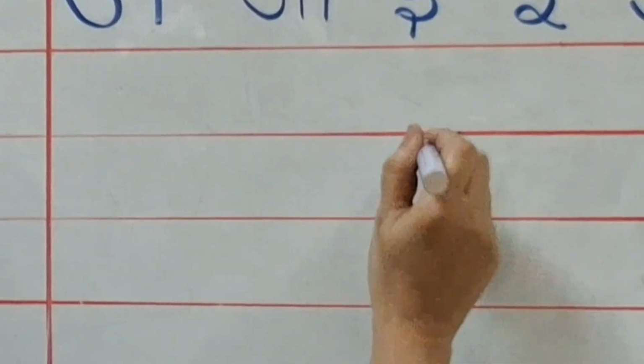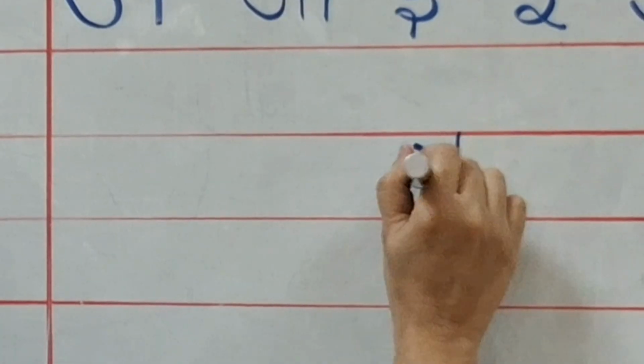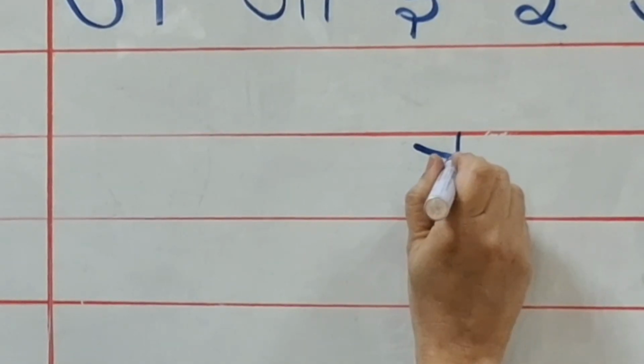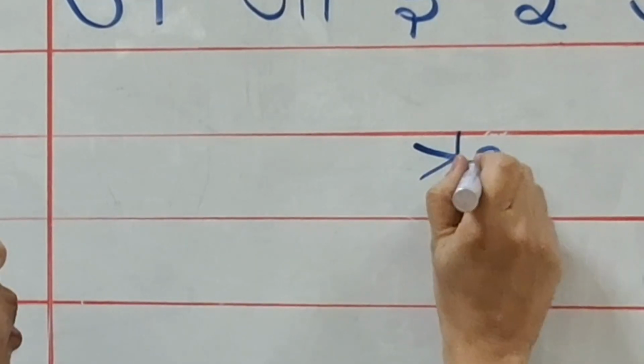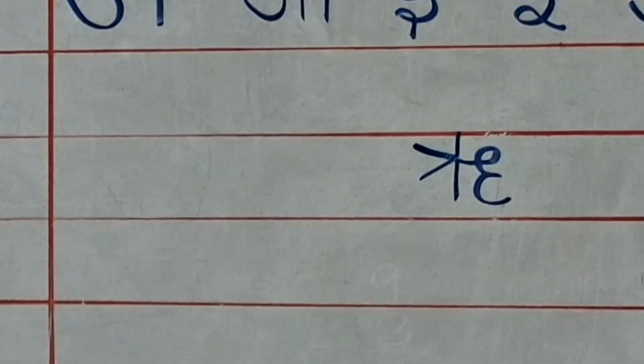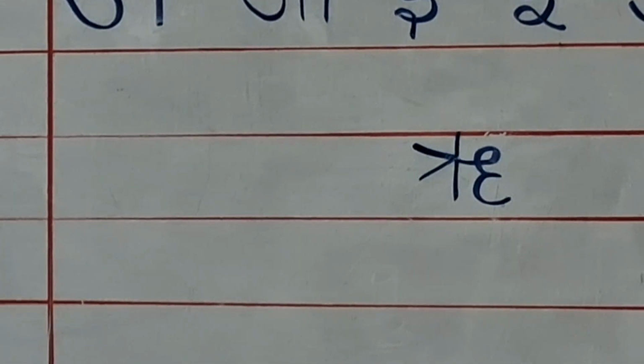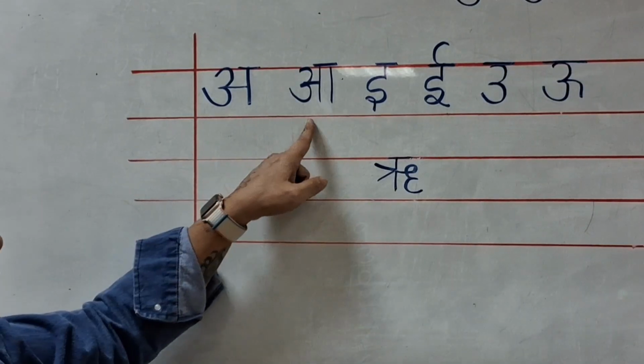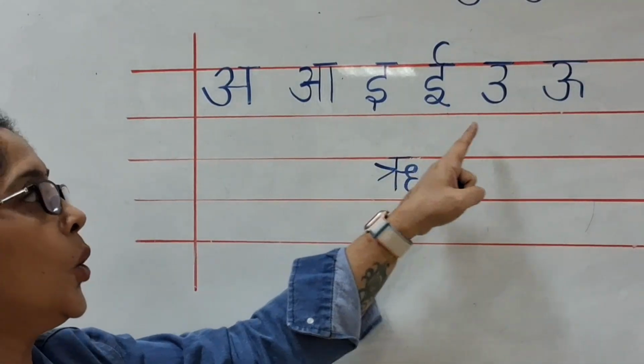So a standing line and a V which is looking that side. From the center of the V put a loop and another loop down. So this is Ri say Rishi. So we finished A, I, U,